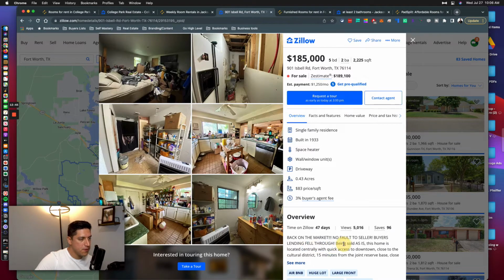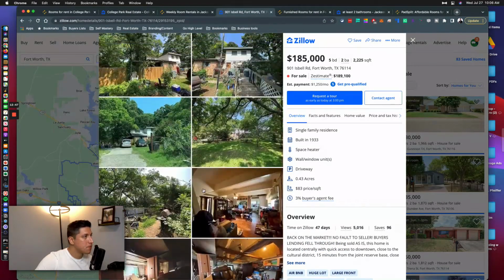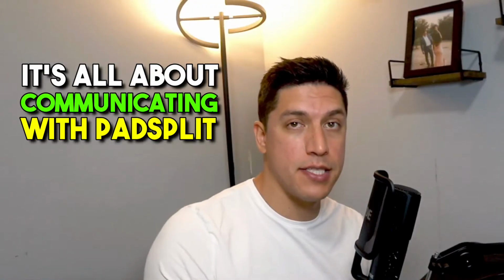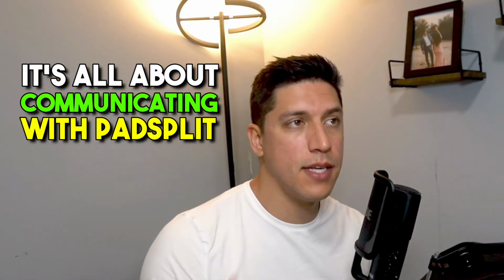Buyer's lending fell through, sold as is. Yeah, this isn't terrible. Again, it's all about communicating with PadSplit to find out if there's a good deal, and